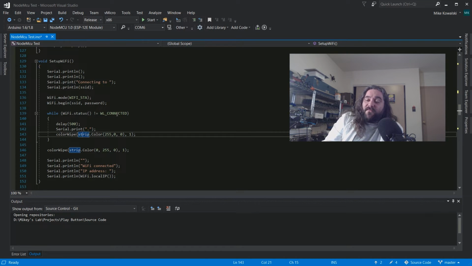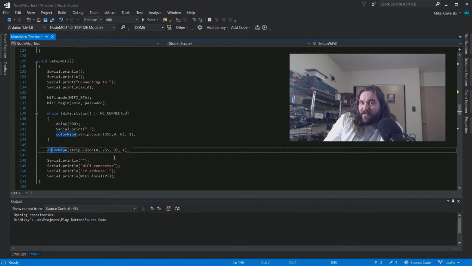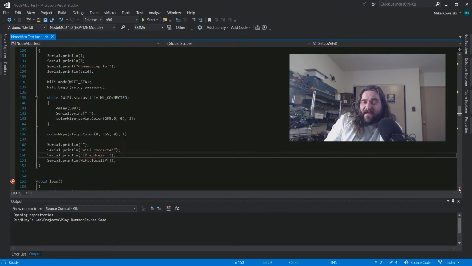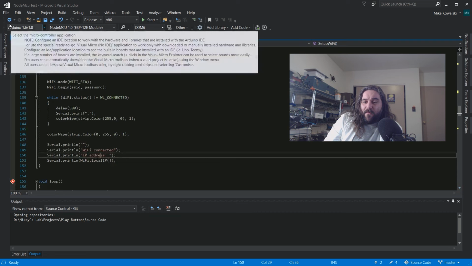Once we are fully connected, we do a color wipe of green, which gives us that green that shows us that we are connected to the wireless network. And we use the serial to spit out the IP address of the device. Again, that was more for troubleshooting than anything else. So if we go back then,